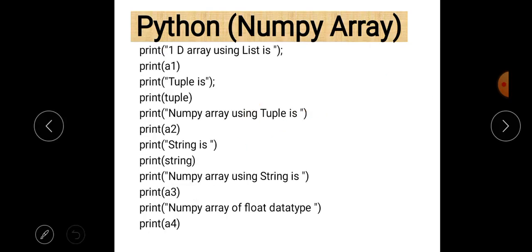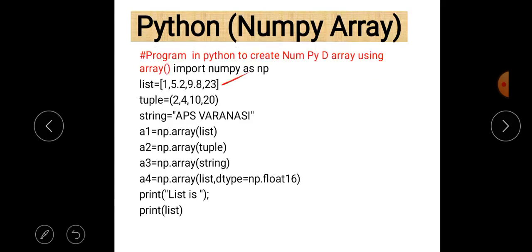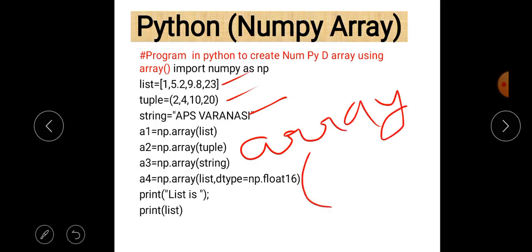Whether it is a tuple, list, or string, we can convert this list, tuple, or string into an array by using a function called array. For this purpose we have to do only one thing: just pass this list, tuple, or string as a parameter value inside the array function.